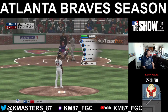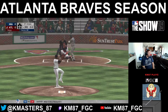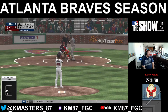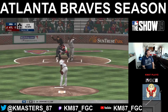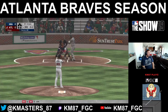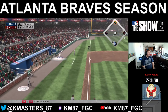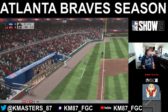Leading off for the Marlins, Gabby Guerrero Jr., or Gabby Guerrero, rather. First pitch, curveball, caught looking, strike 1. And the 0-1 now to Guerrero. Swung on and missed on the fastball, strike 2. Guerrero now down 0-2 pretty quickly. And the 0-2 pitch, swung on and popped up into foul territory on the third base side. Donaldson coming right near the dugout, and he will make the catch for out number 1 here in the top